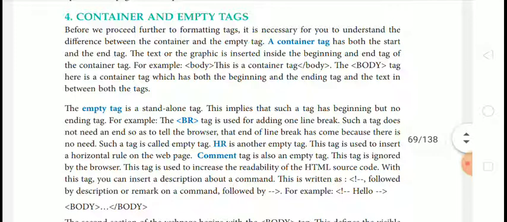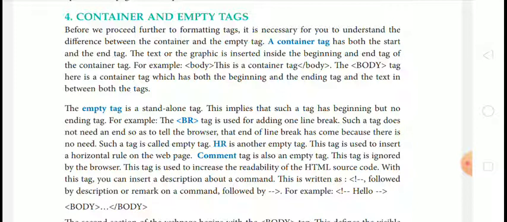Then next point is container and empty tag. What is container and what is empty tag? Before we proceed further to formatting tags, it is necessary for you to understand the difference between the container and the empty tag.